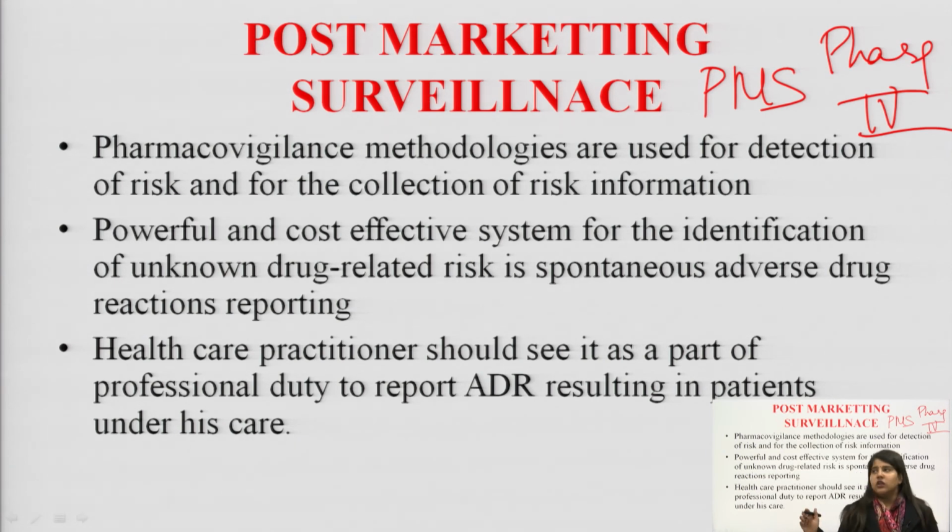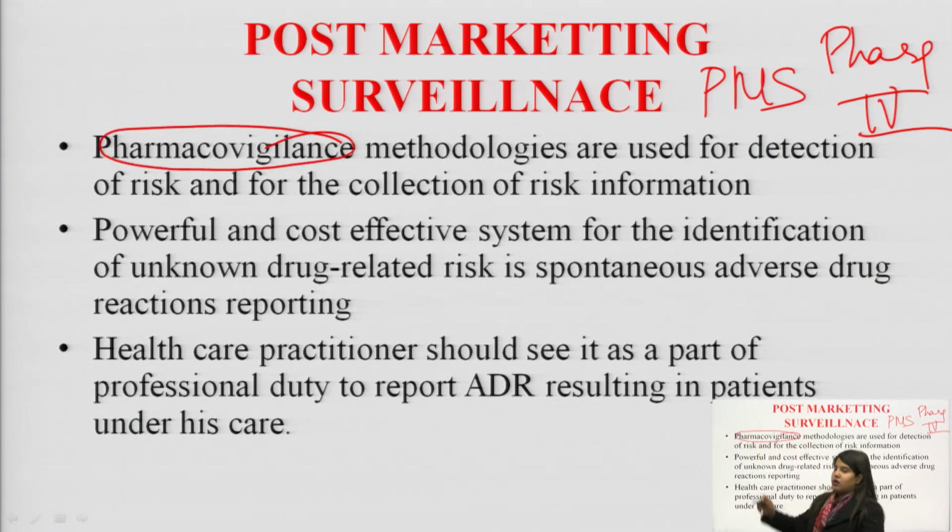And who does this checking? The pharmacovigilance people check. And how do they check and what do they check? They check the risk of ADR. Now, the drug is into the market, it is into the whole population. The genetic factors are varied. People can react to the drug differently. If an African person reacts to the drug one way, an American will react to it differently. So, we have the opportunity to identify the maximum ADRs, and that is why pharmacovigilance is a whole new branch, a whole new subject where one can work in, right?